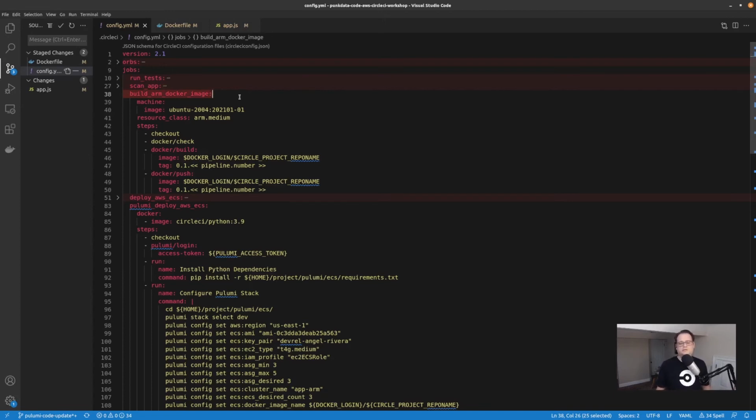Essentially what I'm going to do here is build a Docker image on an ARM compute node, or executor, on the CircleCI platform, as well as create a new Docker image from this application and the changes made to it for deploying to an Elastic Container Service on AWS.